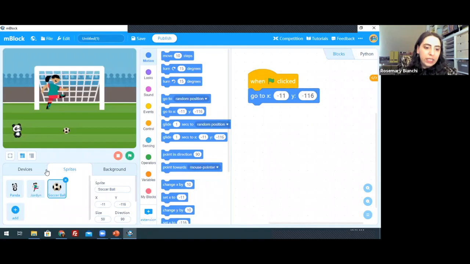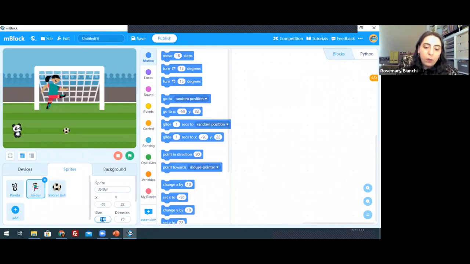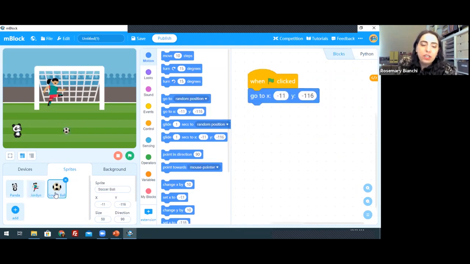Now, Jordan is also a little big, so we're going to go to our Jordan sprite. We're going to go to the Jordan sprite, and we're going to set the size to 80%. We are also going to set the starting position. Now, I want to show you something. I believe I showed you in a previous lesson, but I want to remind you, when we are on the soccer ball,